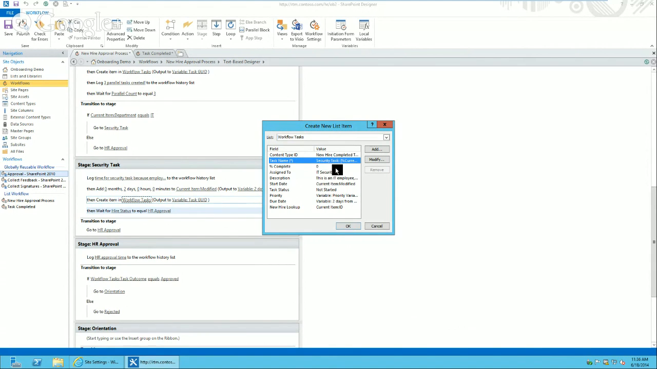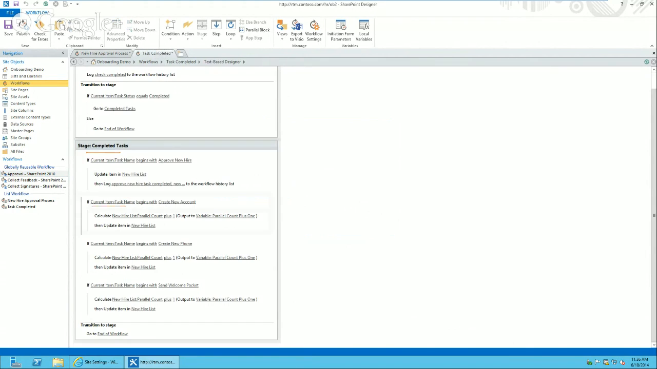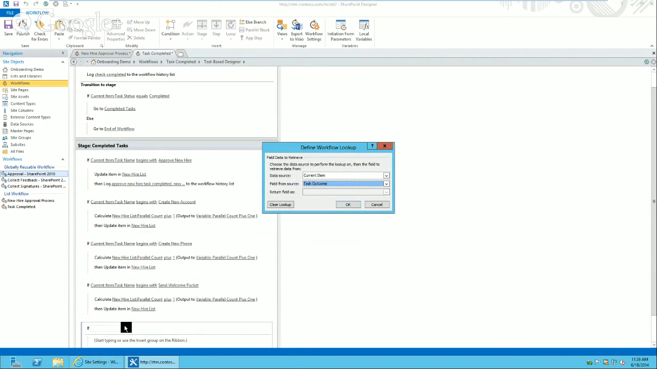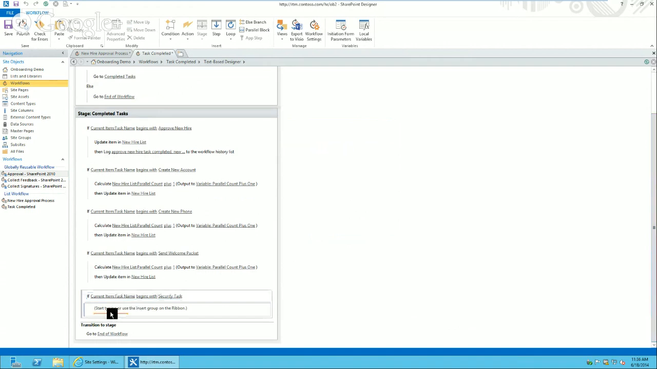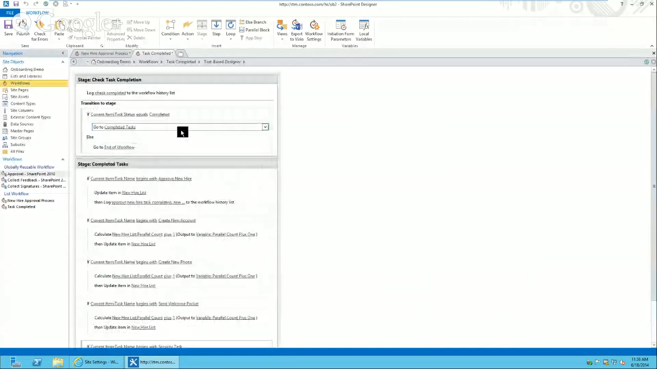All right, begins with security task. That's what I was looking for. Okay, yep. The task name begins with security task. Then do what? So calculate. I'm not going to calculate this one. Remember I had to calculate for the 3 parallel tasks? They don't have a calculating thing because it's not parallel with anything. If it's equal to that,